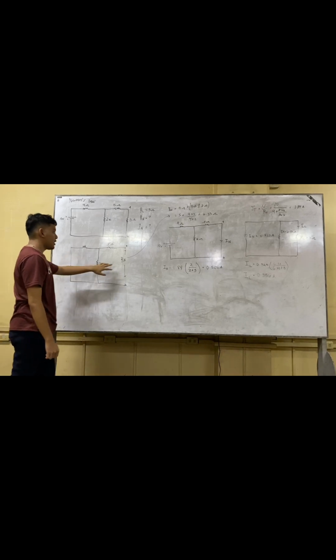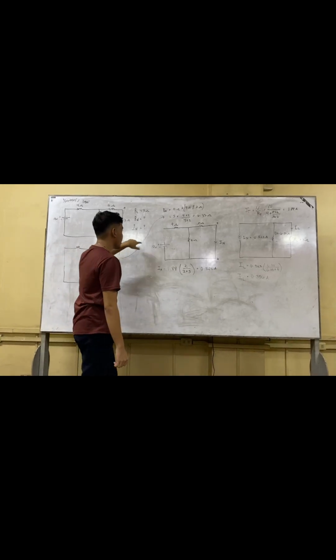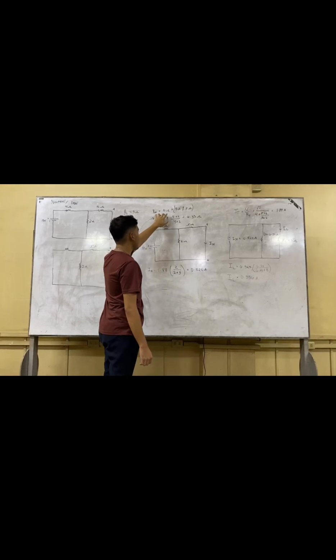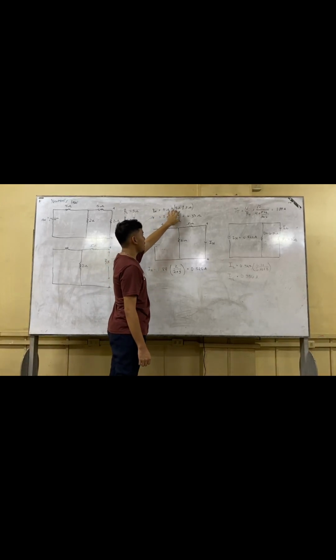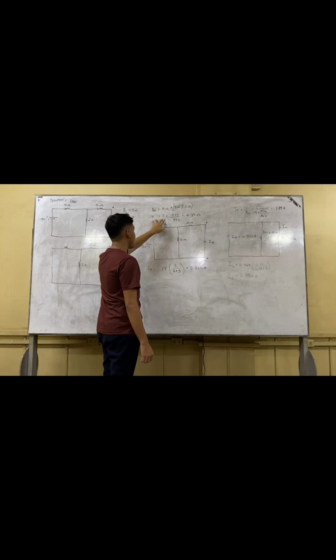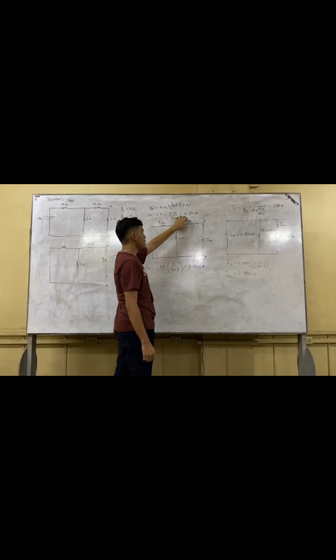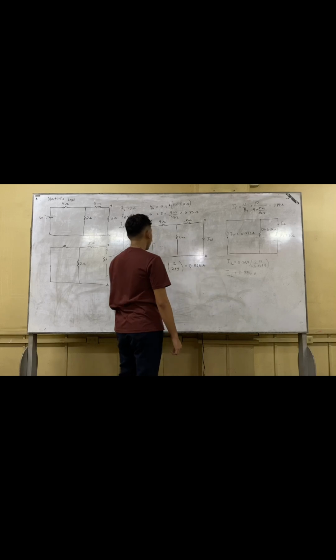to get our RN, the formula we use is this: 5 ohms plus 4 ohms in parallel with 2 ohms. 5 plus 4 times 2 over 4 plus 2 is equal to 6.33 ohms.